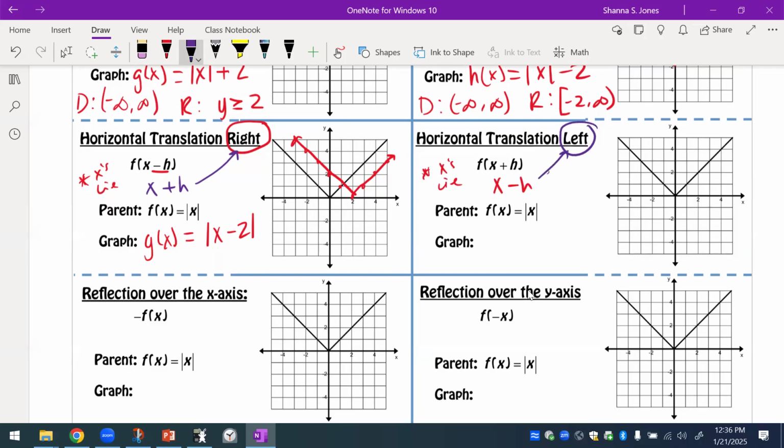Okay? So when we have our h of x here, h of x equals the absolute value of x plus 2, which means to graph this, I'm taking each point and subtracting 2 from it. 1, 2, 1, 2, 1, 2. So my new points are now